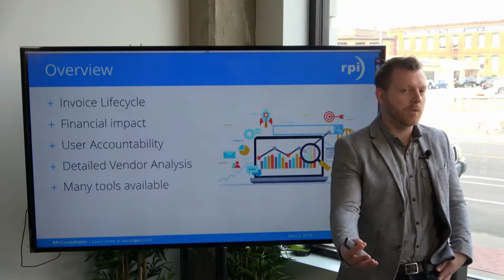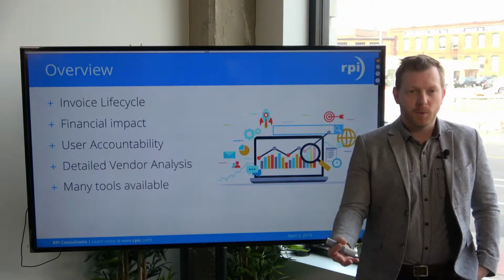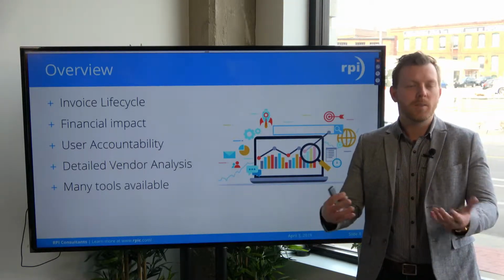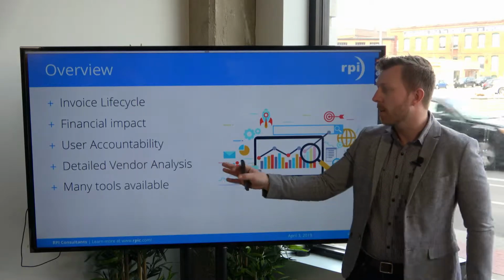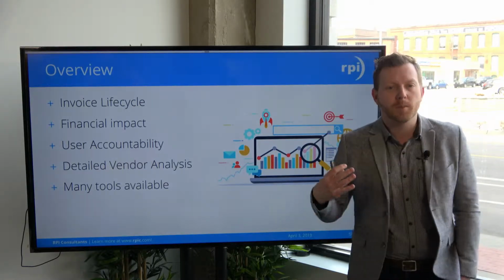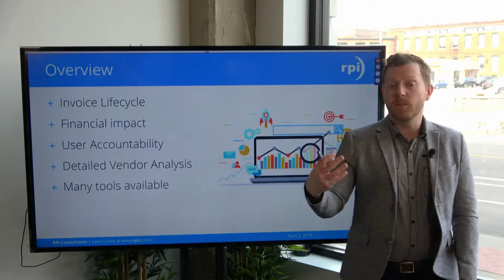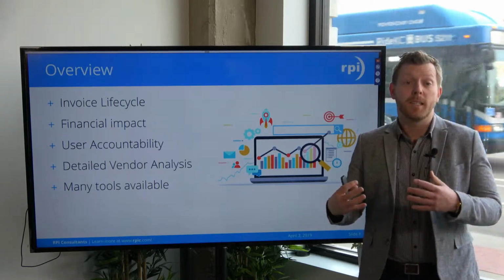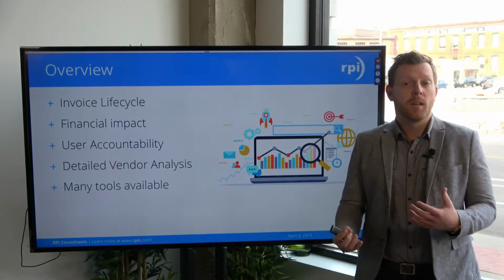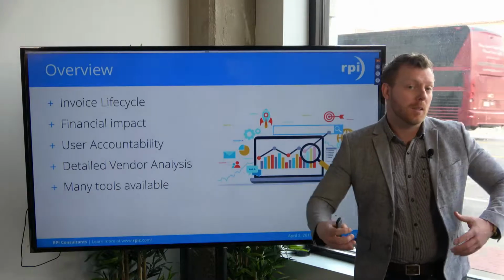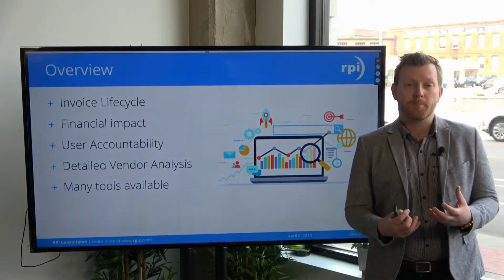So if you have a shared services center that you're processing invoices through, or you have a big AP team, or even a small AP team, you can use the user accountability functionality, so basically reporting on security, what user is doing what, for instance, to identify areas of opportunity. Maybe another AP associate has a little bit more learning to do with the software.